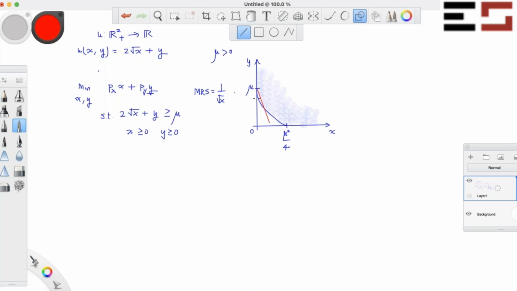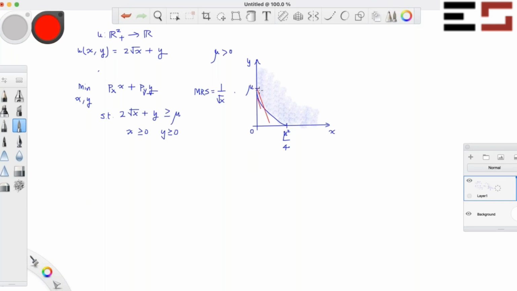And in that case, you can always reduce your expenditure further by moving to a point like this. Okay, this will never be the optimal choice, and it's the same kind of reasoning that you did in the utility maximization problem. The reason is because